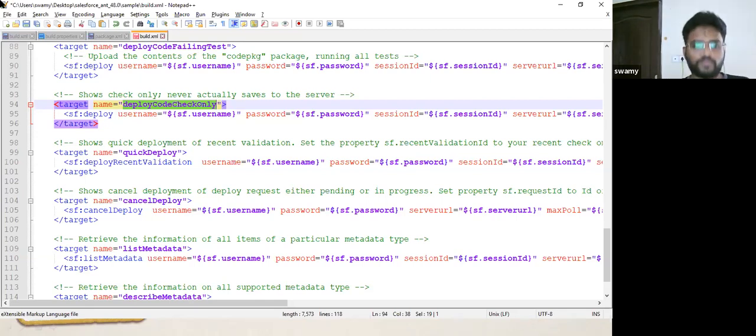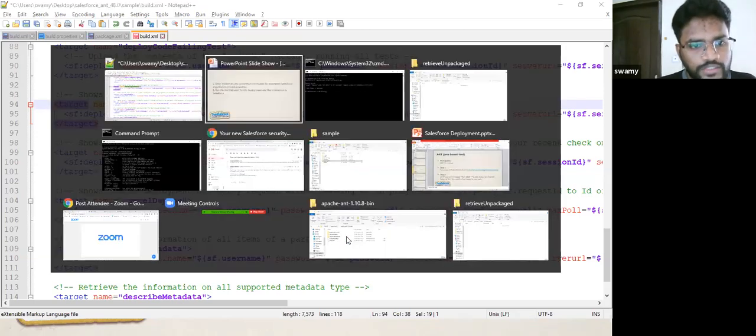So what we normally do as a best practice, if I have a deployment on Saturday night or Saturday morning, I'll go to the org and run deploy code check only. It will run all the test classes. It will just check the code. It will not deploy anything. So this comes in handy when you have a deployment.